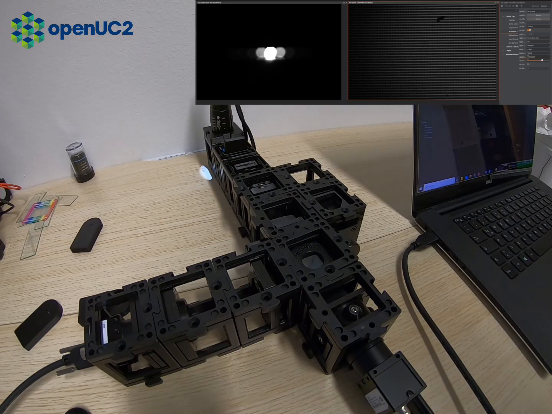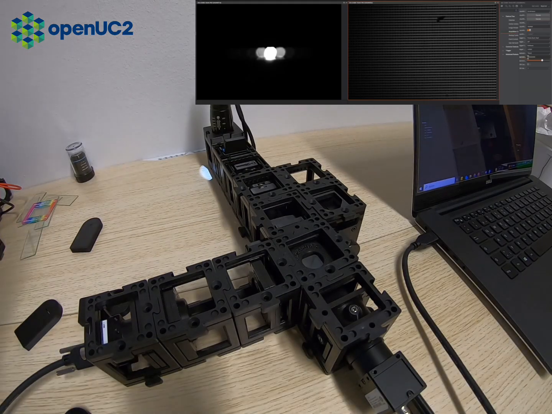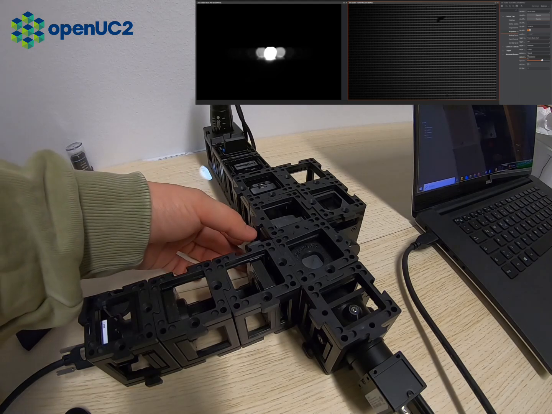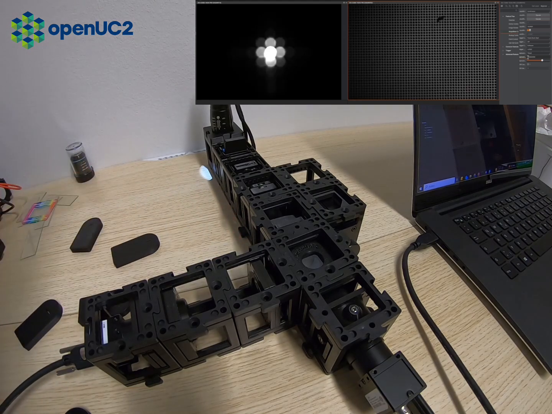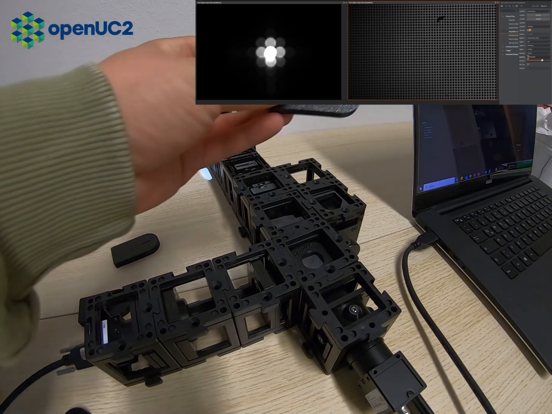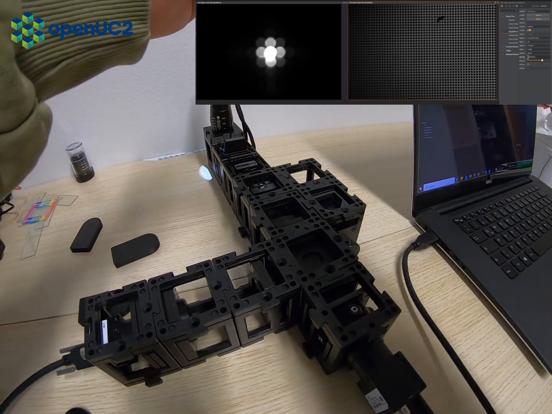That is because we remove the other direction images, and to make sure that is the same for the other direction, you can use another pinhole which has a vertical